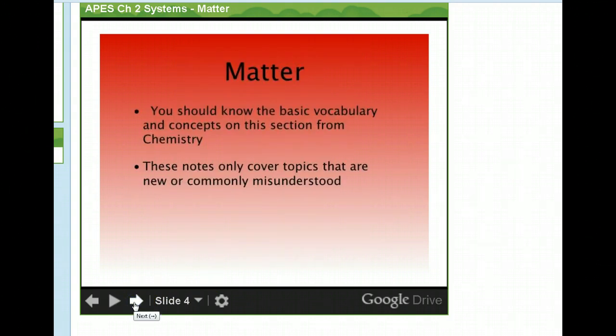In the chapter, they're reviewing chemistry with you, and remember, matter has mass and it occupies space. Remember, mass is different than weight, because weight is determined by the force acting on the mass. So remember, matter is mass. It's how much stuff something has. That's its mass. And the volume, the space it takes up, are the two things that define matter. So matter is anything that occupies space and has mass.